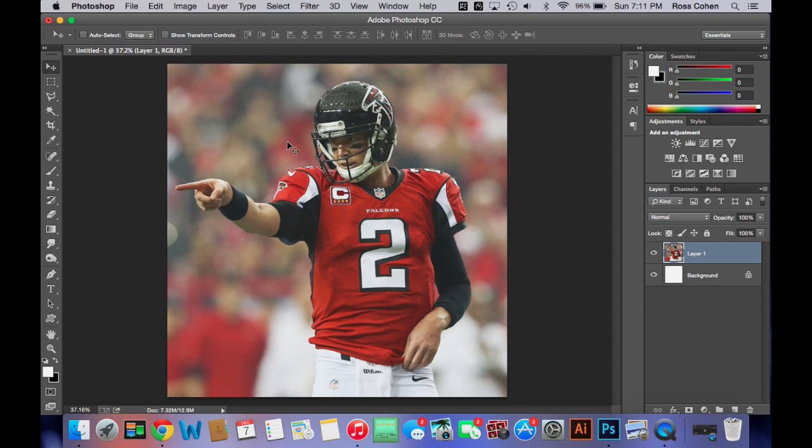So now I have him in my canvas and I have him ready to cut out. So typically when I cut out, I use the quick selection tool, and usually it starts off with the magic wand. But to get to the quick selection, you hold it down, drag across to quick selection, and to make it bigger or smaller, you could use the brackets. So I'm just gonna make it bigger, use the right bracket,